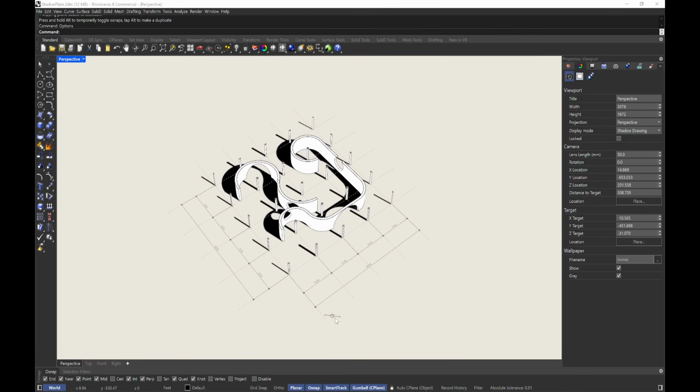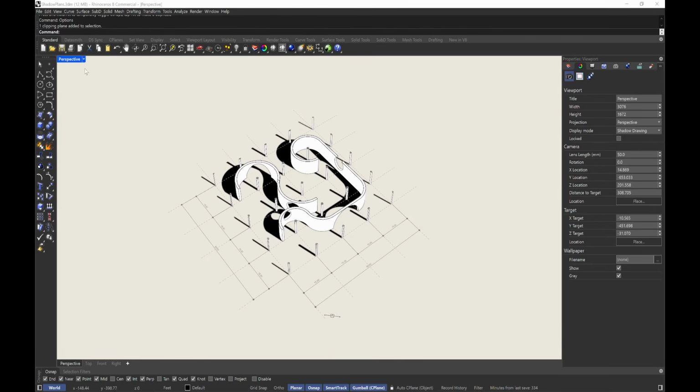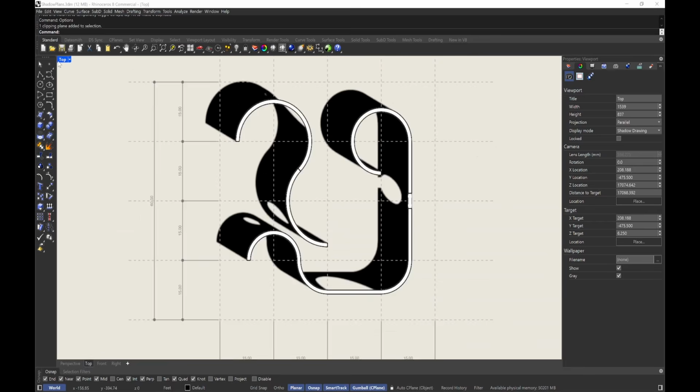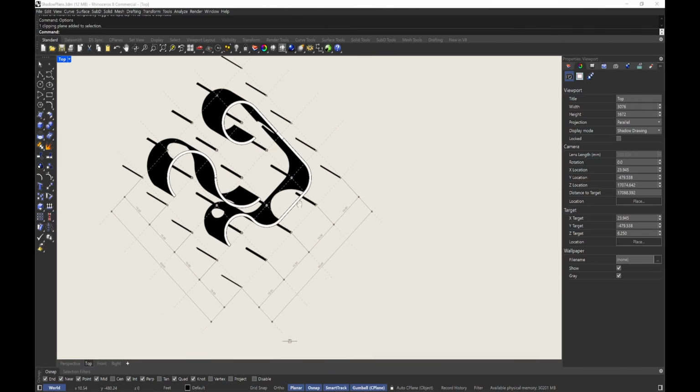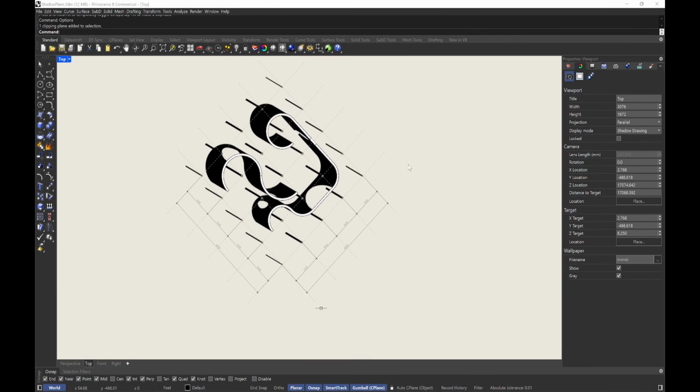Then I want to activate it in my top view as well. So if I go to my top view, it's right here. You see? Like this. That's if you want it like that. If I do options again,